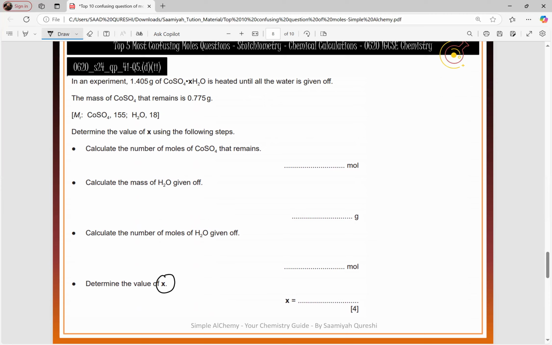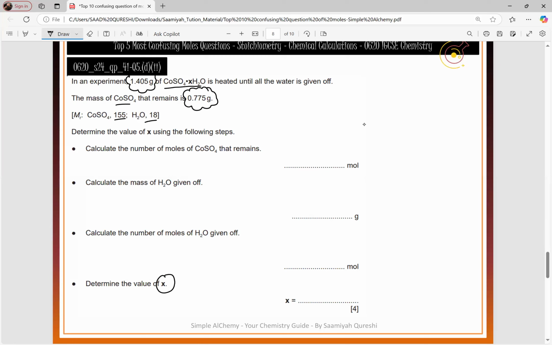1.405 grams of the crystals is heated until all the water is given off. The mass of the salt is anhydrous. When we have the crystals, the mass is 1.405, and when they are heated, we are left with anhydrous salt, and its mass is also given, which is 0.75 grams. The molar mass of both are given to you. We have to calculate the number of moles